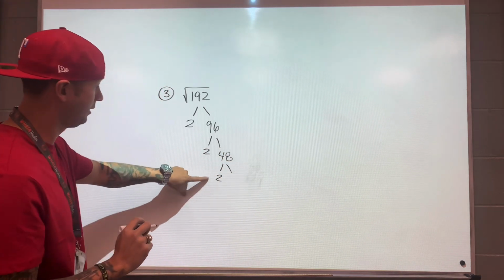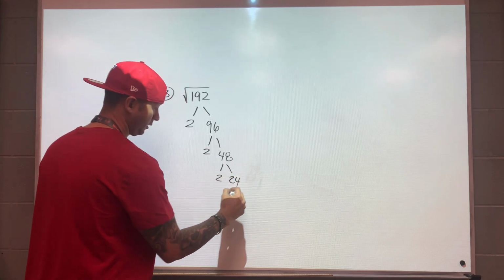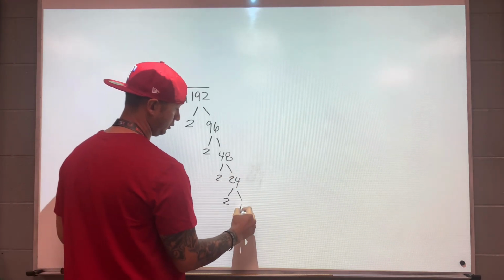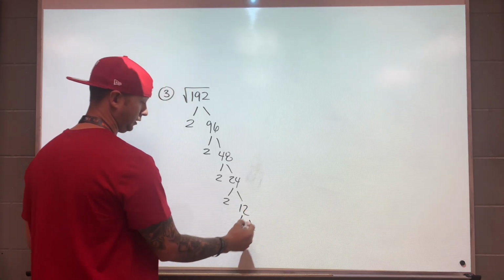Divide by 2 again, 24. 2, 12, 2 times 6,